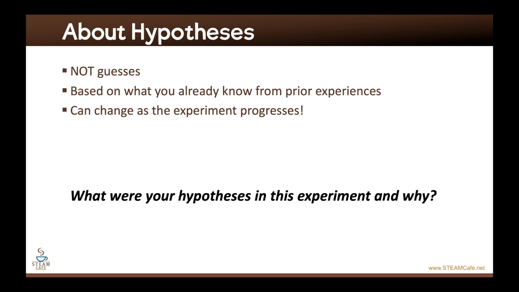In fact, I would rather say hypotheses are inferences based on your prior experience. Kids probably know what an overripe banana looks like. So they're probably going to be able to determine or infer from their experimental design which of these groups are probably going to have the least amount of ripening. And that may or may not happen.